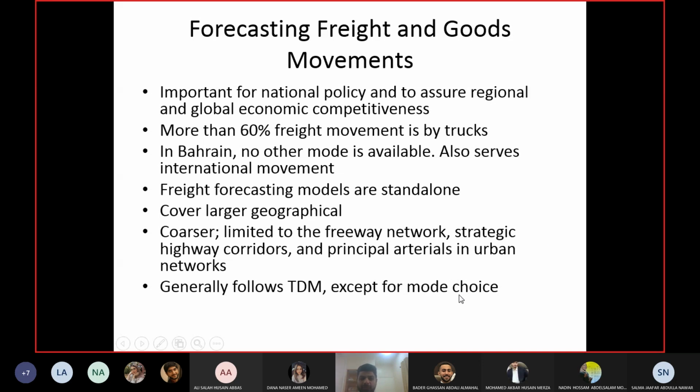And in that case, for freight movement, we don't have mode choice then. The mode choice decision is made when the trip is generated. So the trader would say, I will send my freight from this area to this area using this mode, and that's it. Okay, there's no other mode choice here.